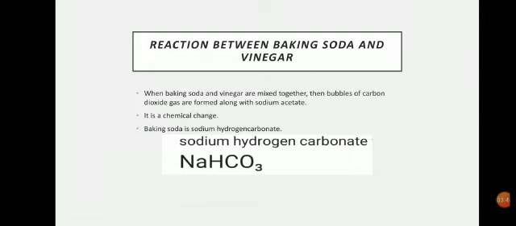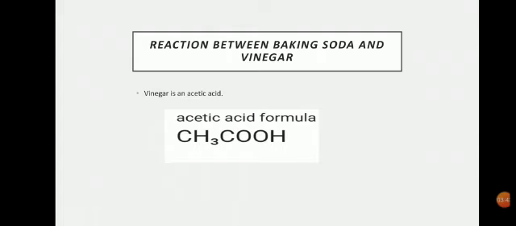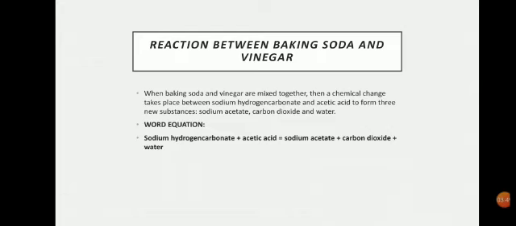What are the 3 new substances? Here you can see acetic acid, it's CH3COOH. Here 3 things are forming. Sodium hydrogen carbonate, when it reacts with acetic acid, forms sodium acetate plus carbon dioxide plus water. Now you cannot combine the sodium acetate and carbon dioxide to get back the baking soda and vinegar. Since entirely new compounds are produced, along with the hissing sound,